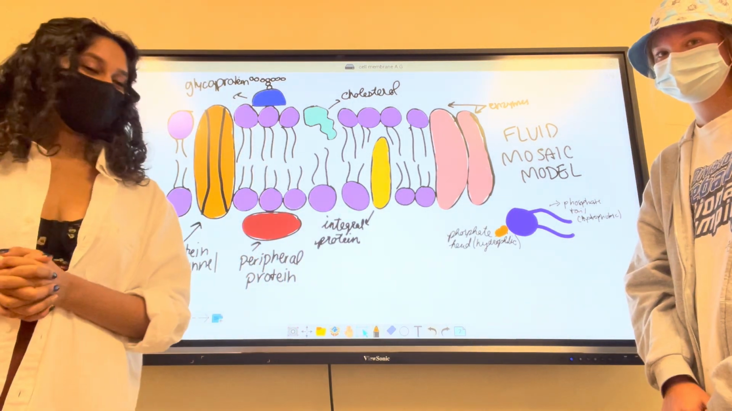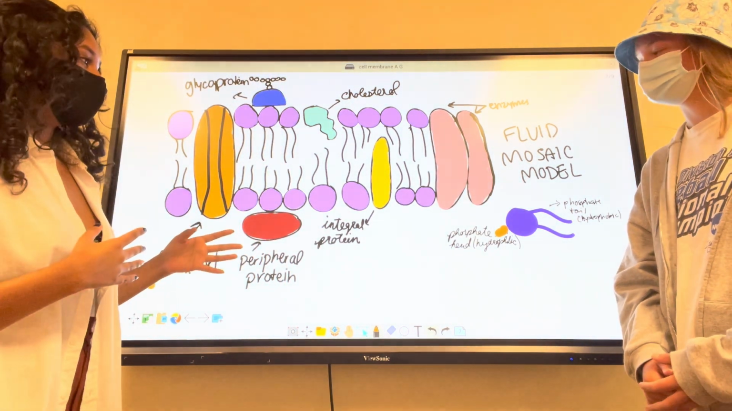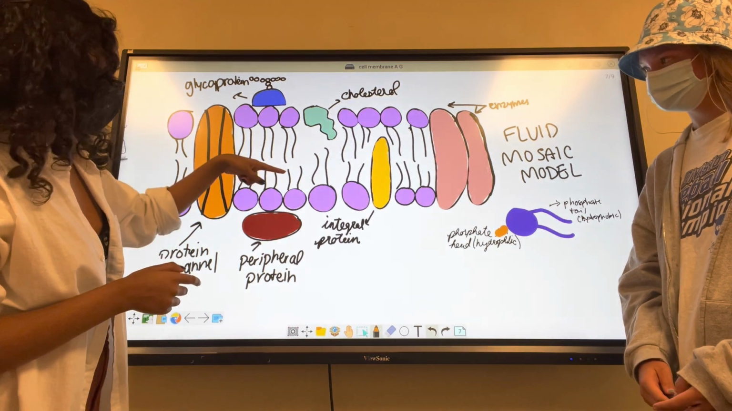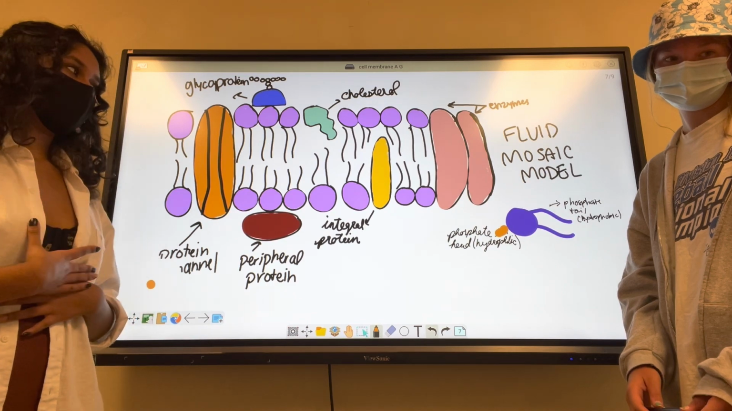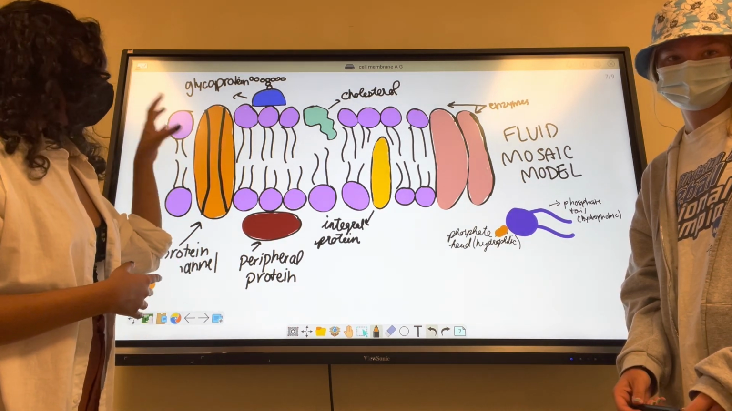These are the heads of the phospholipids and are hydrophilic. On the other hand, the phospholipid tails, which are these parts, are hydrophobic, which means they're scared of the water. So since they stay away from water, they are on the inside, so they don't have to come in